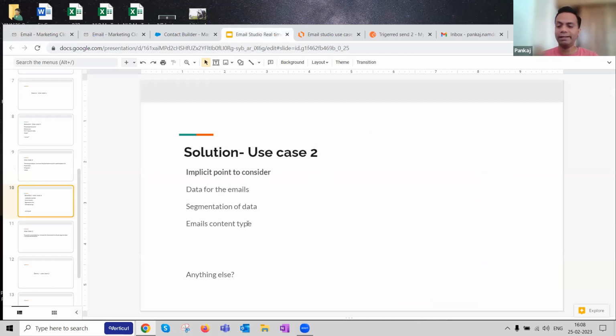So we spoke about data. The data was sourced from various e-commerce systems. We spoke about segmentation briefly, wherein we have got data in different sets. How do I merge them and create a data model which helps me to actually do it at scale? Email content, we spoke about dynamic content, enhanced dynamic content. Again, another segue into this would be AMPscript. With the help of AMPscript, you can do a lot of things.